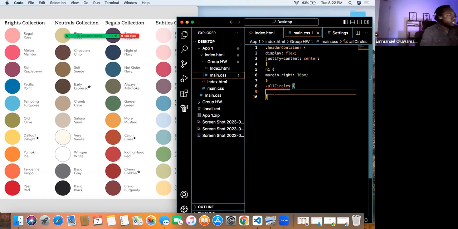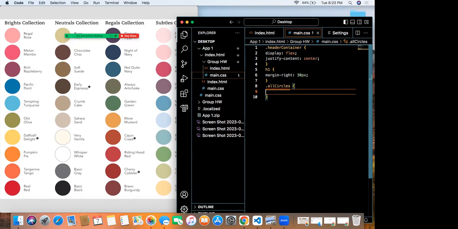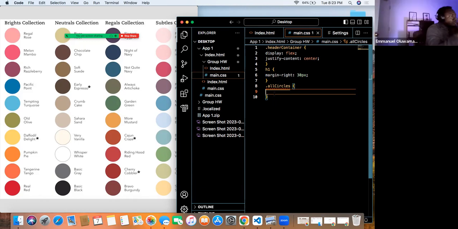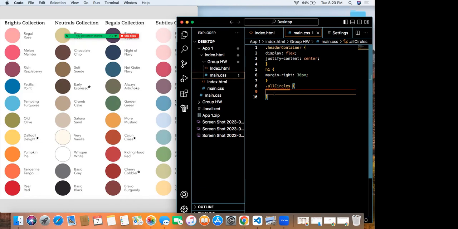This is a selector for the divs, and divs are, like I said, rectangular shapes. So you want to give it a width and a height. It'll be width, X amount, height, same X amount, since we're trying to get a square.